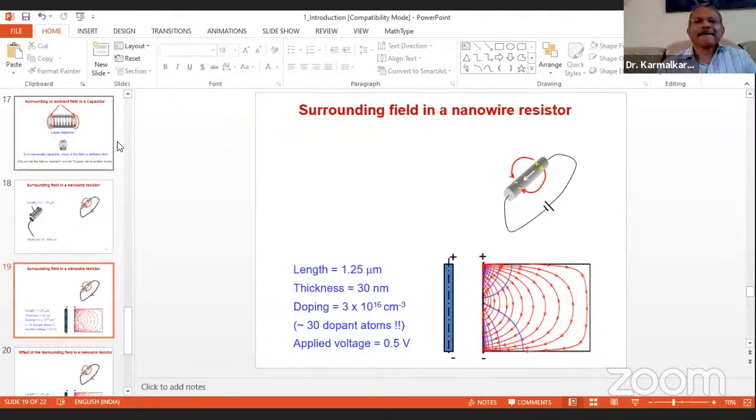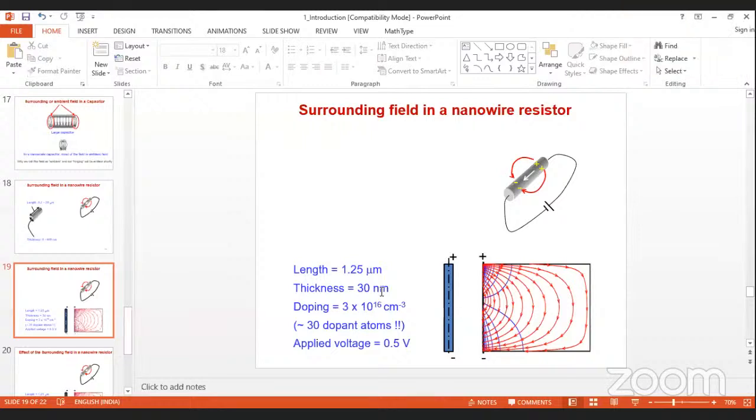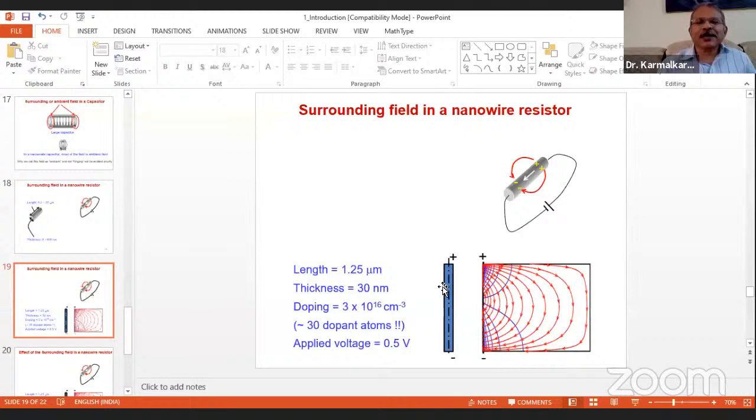Sir, yes. Just considering it as a PN junction diode, the PN junction diode width is equal to square root of 2 epsilon by q times 1 by N D. No, what is this epsilon? That is the constant, dielectric constant. Correct. But why do you need dielectric constant here? I'm asking the number of dopant atoms in the wire, right? Okay. How do you show that there will be 30 dopant atoms in this wire?